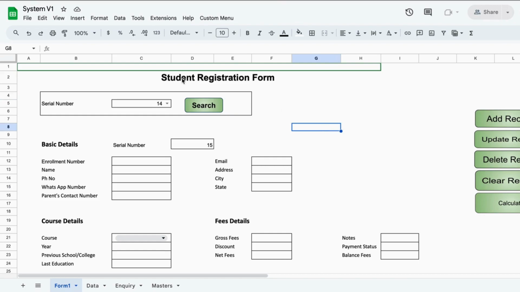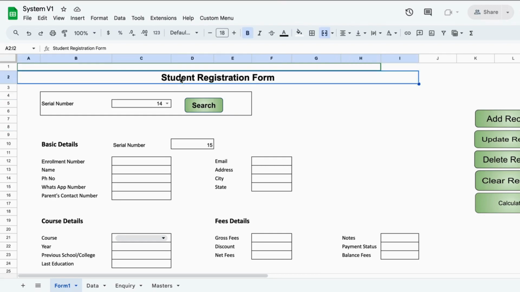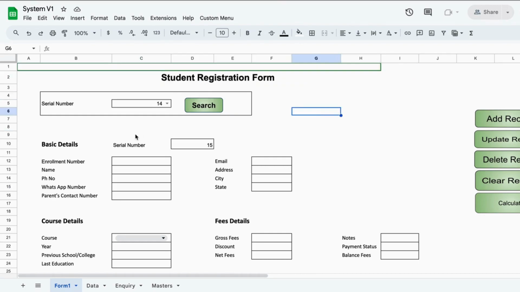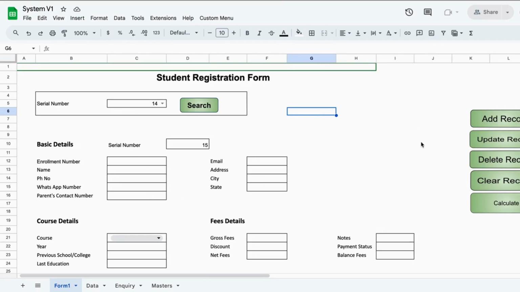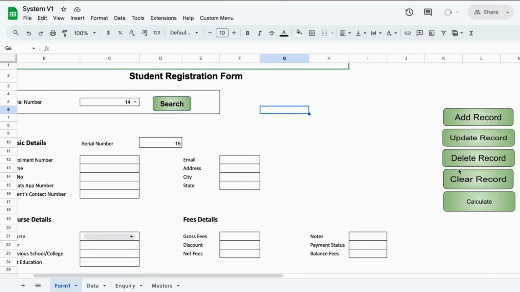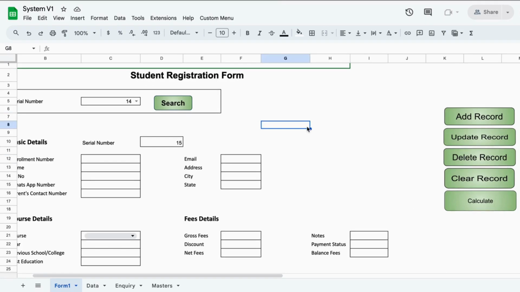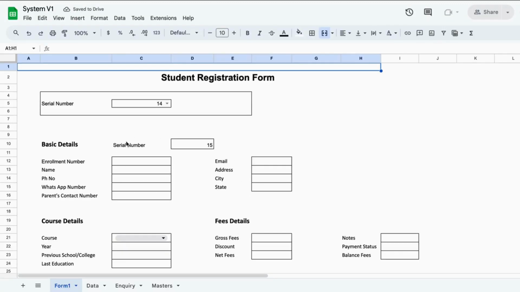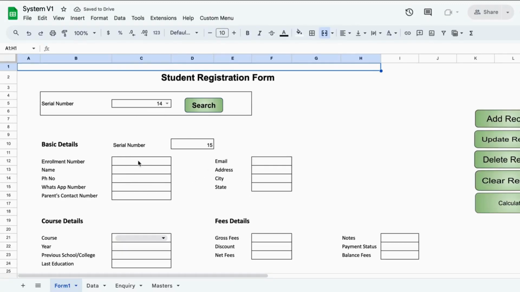Now you can see that the module itself is called the student registration form. You can see that there are some controls over here: add record, update record, delete record, clear record. So this will help us with different new things. So now let's suppose I want to add a new student into it, let's say